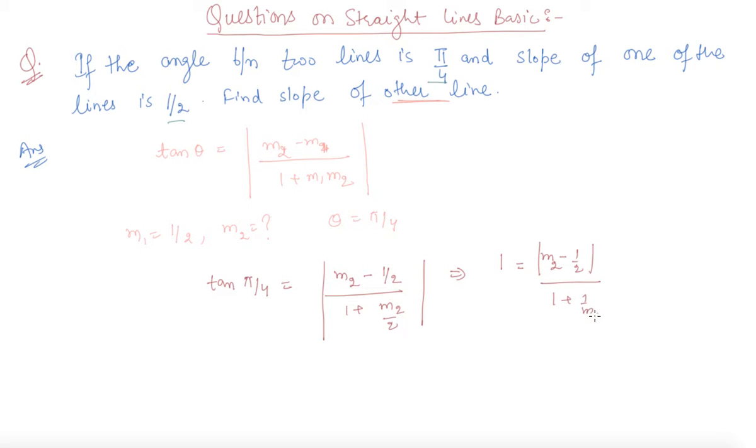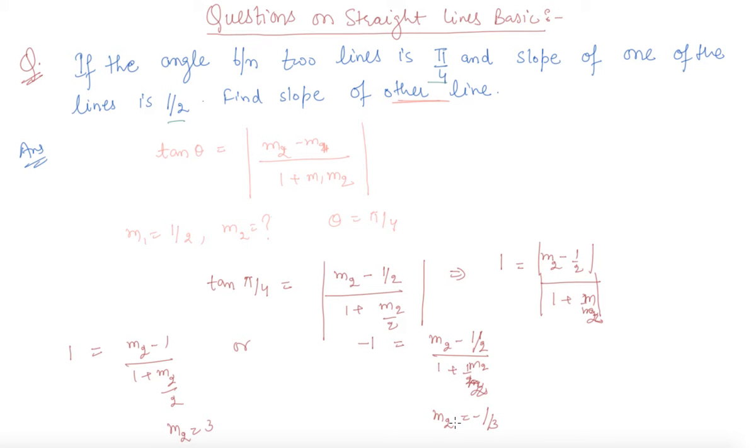upon 1 plus m2 by 2. So when the modulus opens, there will be a positive or negative sign. So it can be plus 1 equals (m2 minus half) upon (1 plus m2 by 2), or minus 1 equals (m2 minus half) upon (1 plus m2 by 2). Okay, m2 by 2, sorry. So after solving these two equations, we are getting m2 is equal to 3 or m2 equal to minus 1